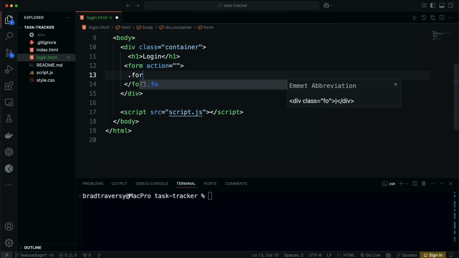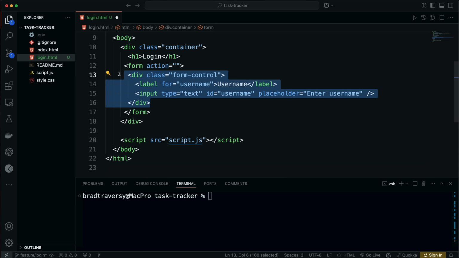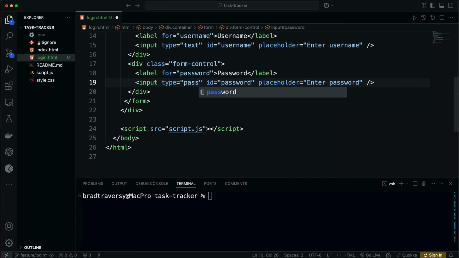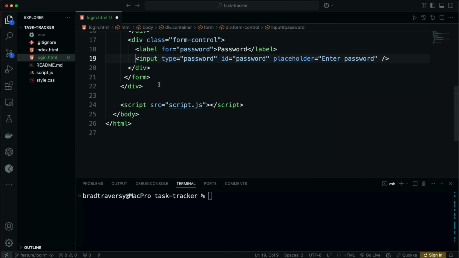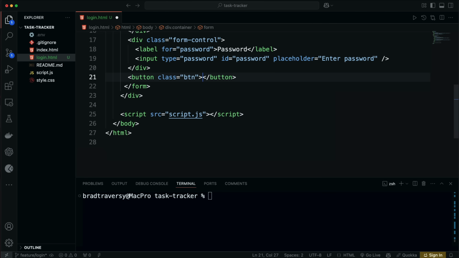And in that form, let's do form-control. And I do have some classes in the CSS to make this look somewhat decent. We'll just have label, then an input, and then let's go under. Well, actually, we'll just copy this down, and then let's change this. Actually, we'll change all these to password. Okay, change the type to password as well. And then we'll go under that div, and we'll add a button, give it a class of btn, and we'll